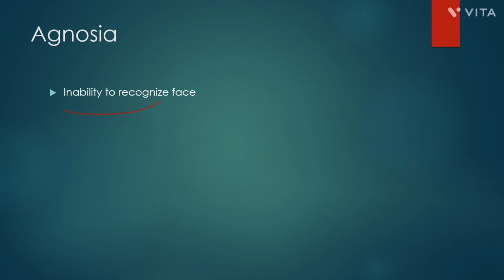Now, another patient was unable to recognize face. What is it called? It is called agnosia. So you have to know what is agnosia, what is apraxia. Apraxia is the inability to do a learned act, like brushing your teeth. It's like a learned activity that you don't have to think much. You take the brush, you apply paste, and you start brushing. It's like a learned activity, but they forget that. So that is apraxia. Alexia, it is the inability to read. Agraphia, so those terms should be familiar.